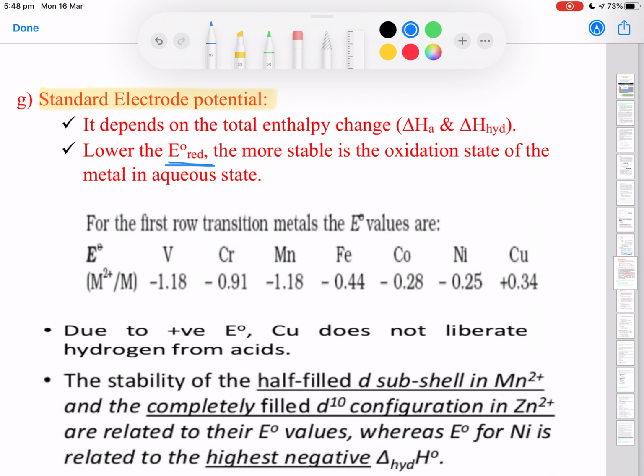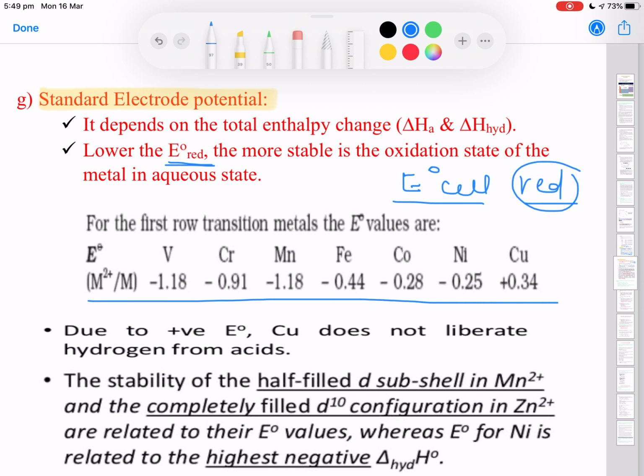Whenever we talk about E naught cell, that's the electrode potential. This electrode potential actually is described only in terms of reduction potential. Okay, so it's a convention in chemistry that the electrode potentials should be written in the terms of reduction. If it is written in terms of oxidation, okay, then take the negative of that sign, it becomes your oxidation potential. For example, here you can see,